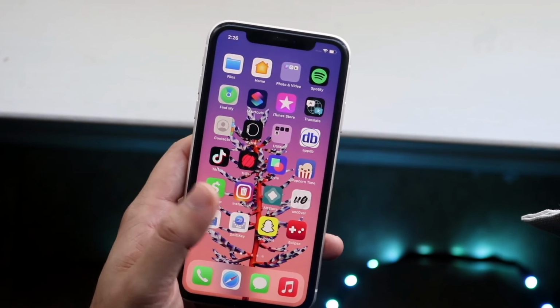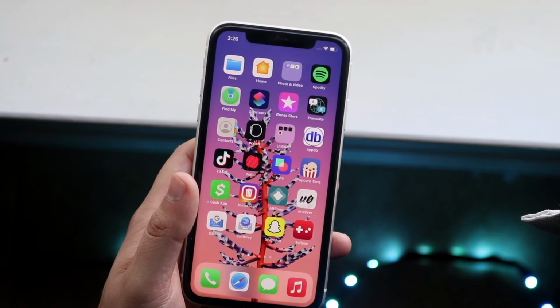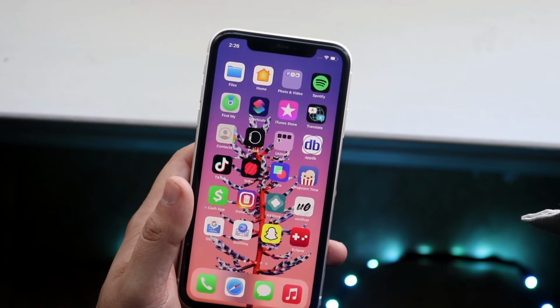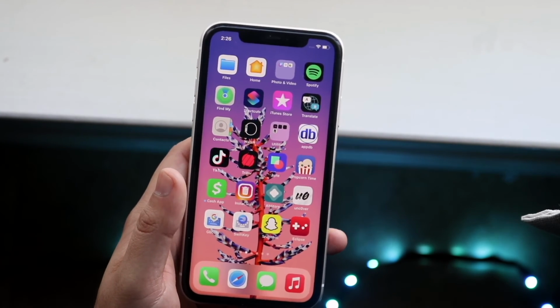So that's pretty much the main ways that I would recommend to recover most, if not all, of your photos that were deleted from your device. Now,